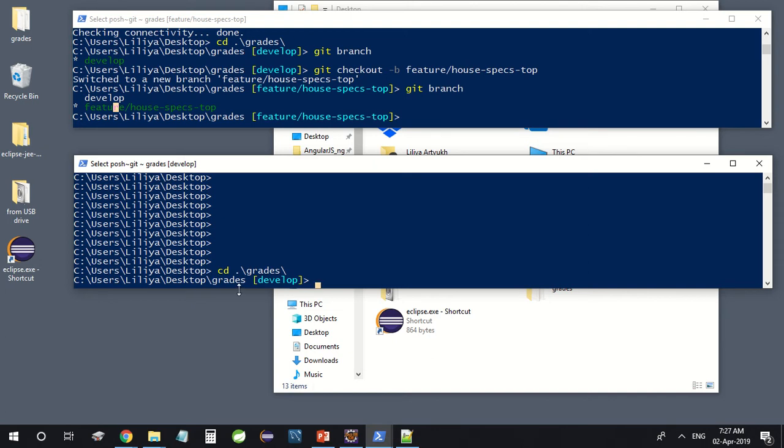So I'll do the same here, and this is an important step: when you're creating a new branch, you must be in develop. Don't create a new branch from some other branch. For example, if you're here on feature house specs top and you try to create another branch, this can cause some unexpected behavior and can cause some problems. So normally the developers don't do that. We always have one branch, develop branch, that is the main branch that we're using for development, and we create feature branches from develop. Git checkout -b feature,